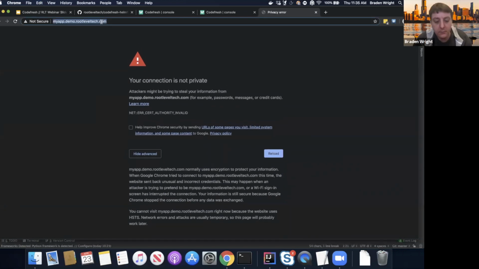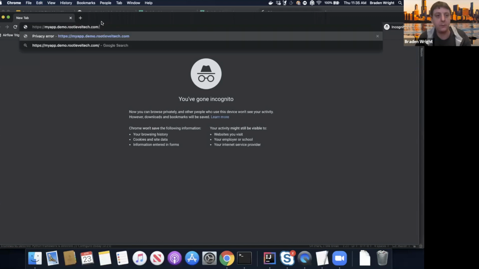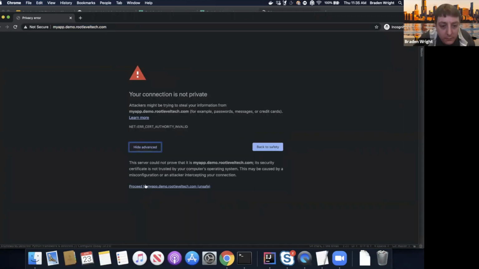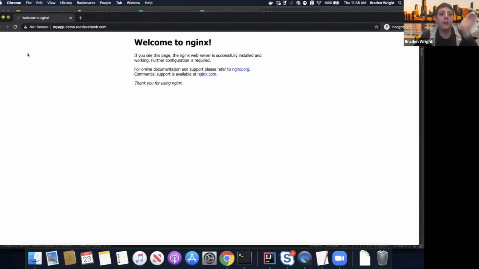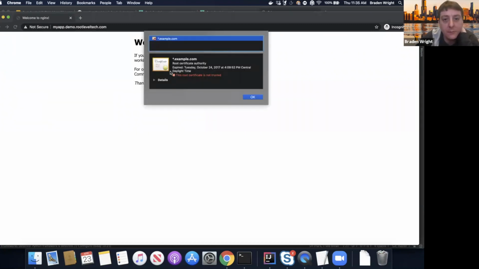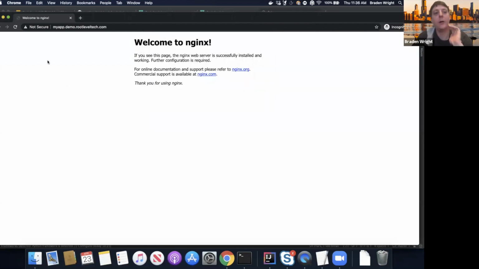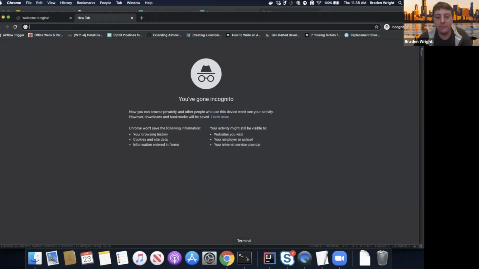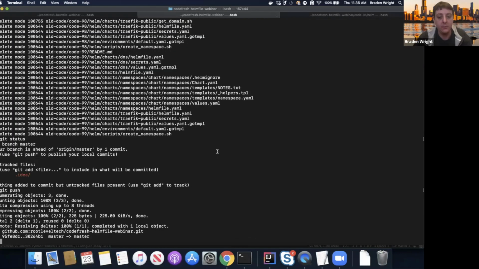All right, well, let me try it in an incognito window real quick. That one's being weird. All right, so as you can see, we can now get to our page. We do have a certificate here. It's just not being seen as valid, which is a little bit weird. Normally with Let's Encrypt, it would see that as valid. So I'm not sure what happened with that process. I would have to take a look. And then for traffic specifically, we were setting up